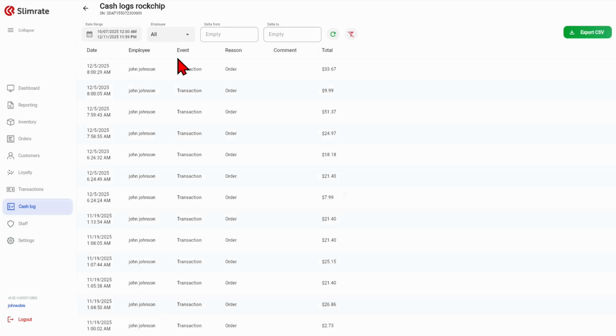Now, let's open one of the drawers and take a closer look at the available information. I'll open the second drawer in the list. You'll see the Cash Operations Journal for this drawer. At the top of the screen, there are filters that help you quickly find